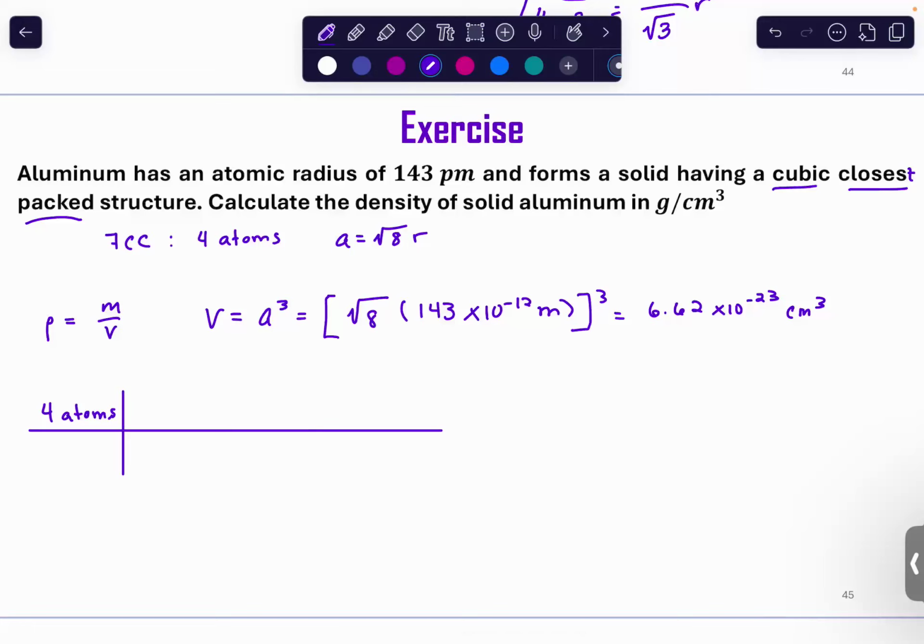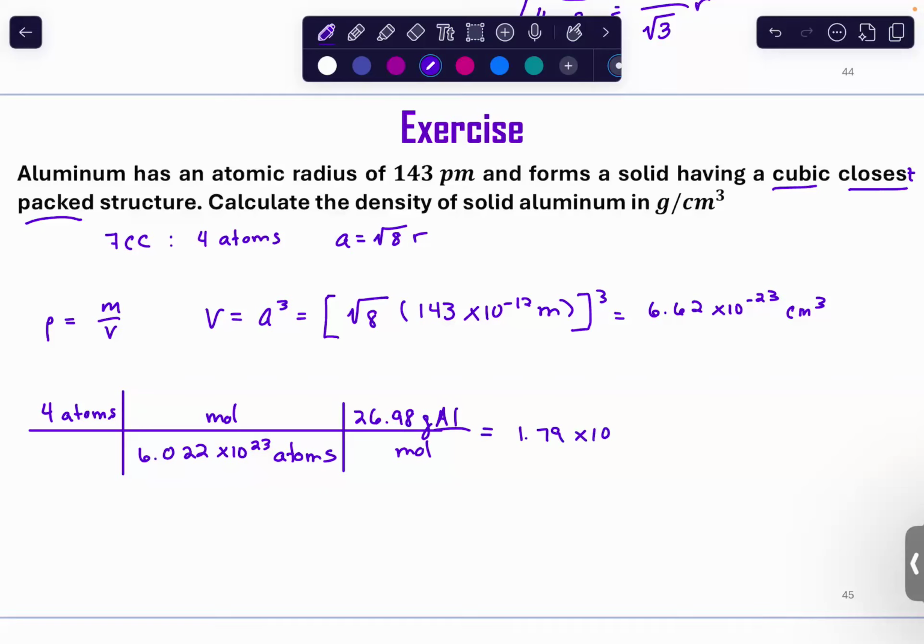Which is what number? Avogadro's number. 6.022 times 10 to the 23rd atoms per mole. And then for aluminum, it's 26.98 grams of aluminum per mole, which is going to give us